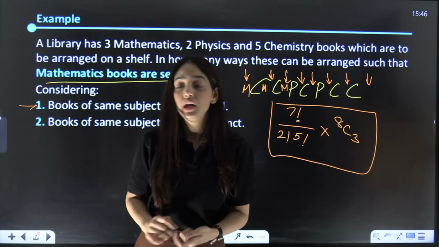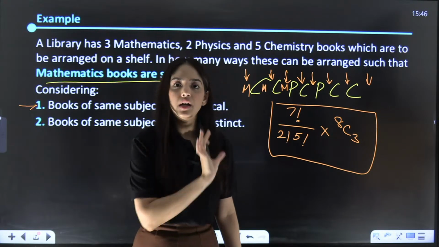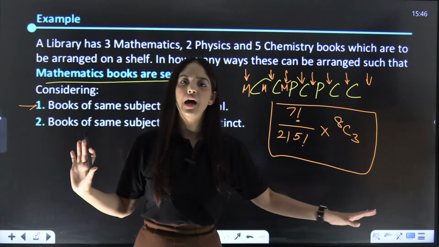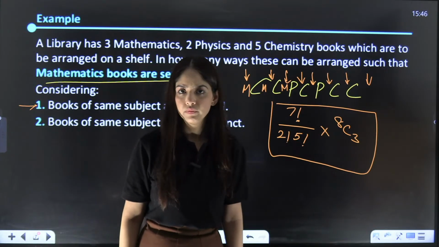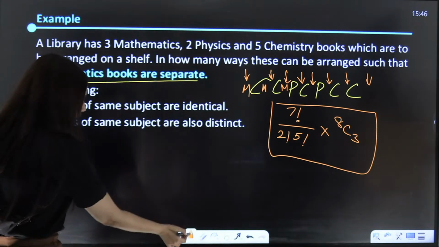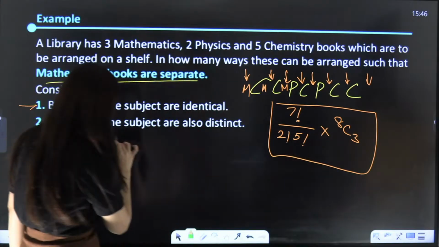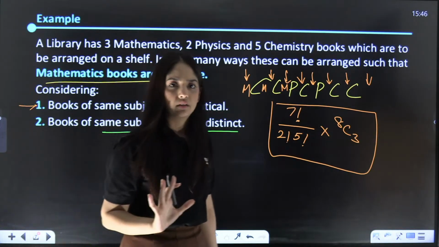In addition, no two maths books are together. All of the maths books are placed separately. Okay. Now let's take a look at the other case when same subject books are distinct, which means now we